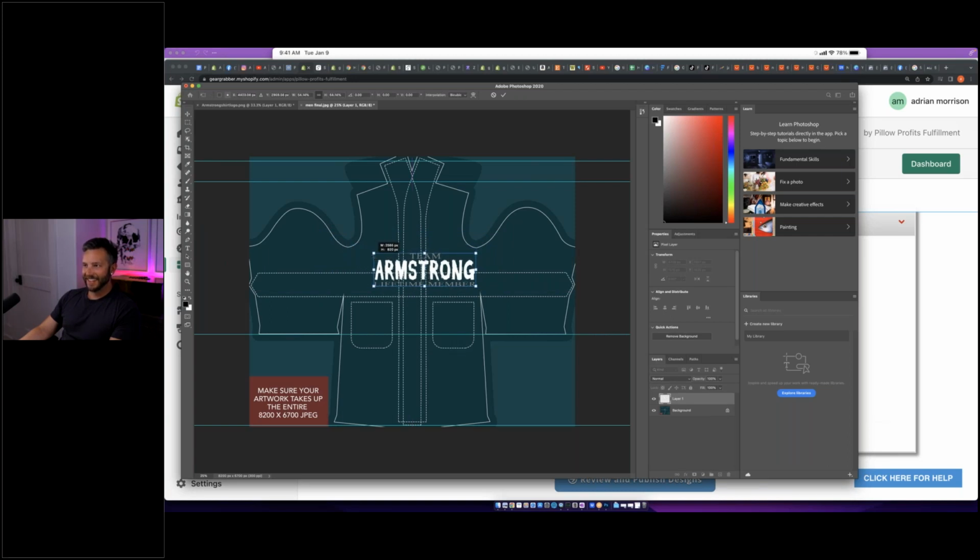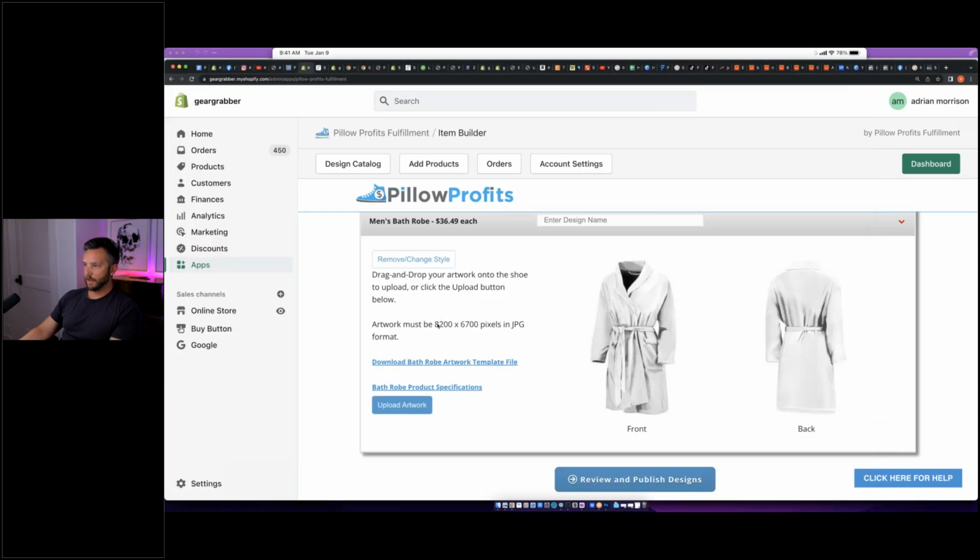Hold up. Pop it. I think it'll probably be up here on the shoulder. Should be able to do this. Boom. Okay. So the graphic must be, you'll see here where it says it must be 8200 by 6700.